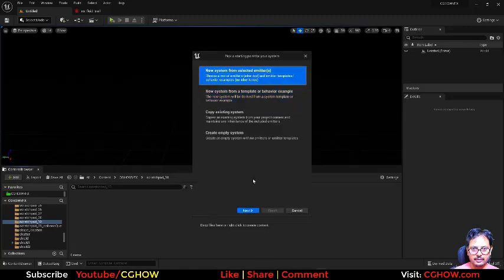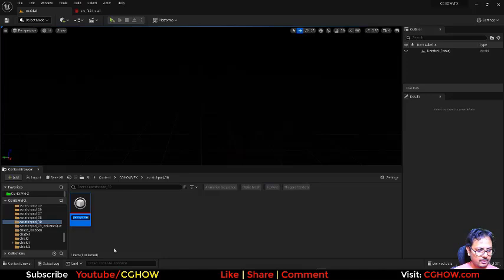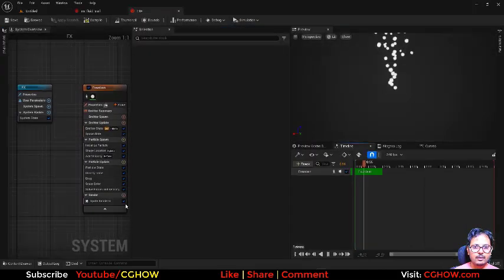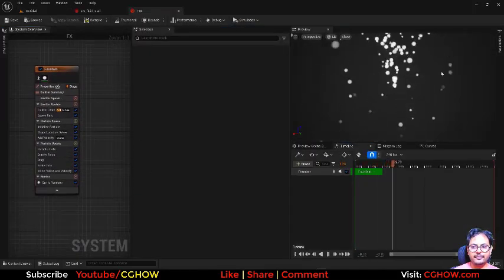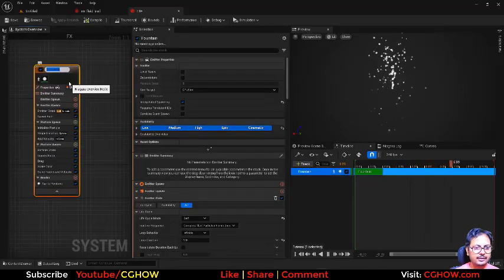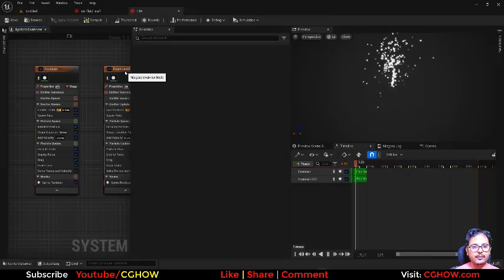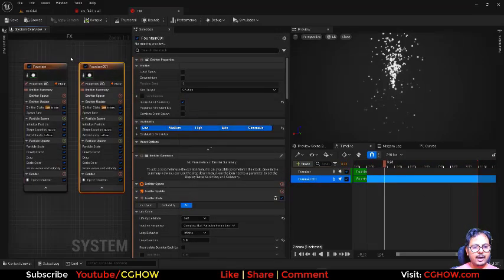Actually, I will take the fountain effects. Okay, so you have your fountain and you can rename it anything. And if I duplicate this with Control D, I have two, and I want to